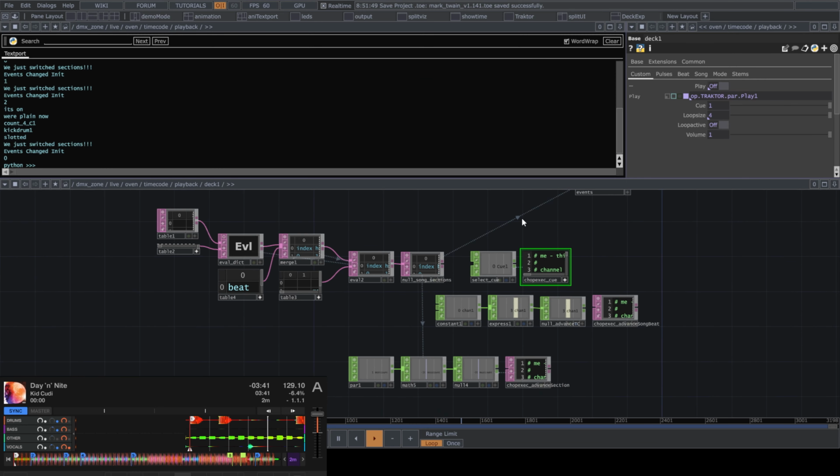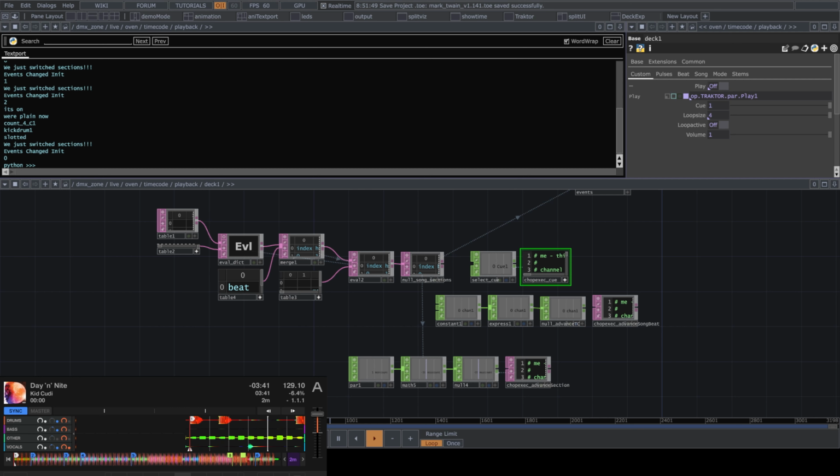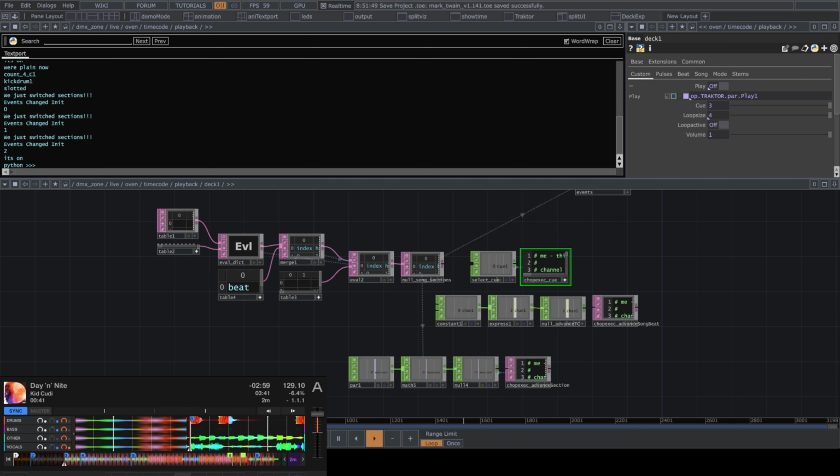Now we go inside of the master deck component, and we need to build an independent timeline to lock in the beats from Traktor and the timeline in Touch Designer. From there, we're going to link it up into an animation component and shift through all of the nuanced events throughout the song. To demonstrate that this is all linked up, I'm going to just cycle through some of the hot cues in Traktor. You can see the deck in the lower left-hand corner is changing, and also the parameters on the deck base there.